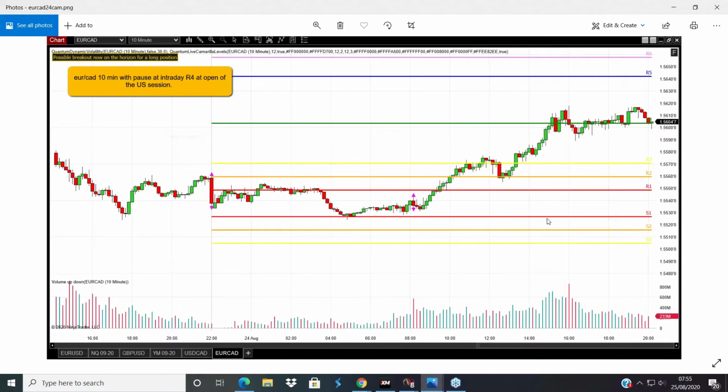But when we compare that with the trend that we had in the Aussie yen yesterday, as I said, a proxy because the indices were surging higher yesterday morning, it bears no relationship to this trend that we see in comparison to the euro Canadian, because not all trends are equal. Some are volatile, some are choppy, some grind higher, some have a lot of momentum in there. So it's all very well people saying, oh, the trend is your friend, find a trend and follow it. You have to be able to recognize what kind of trend it is. This is all explained in great detail in our Forex program.